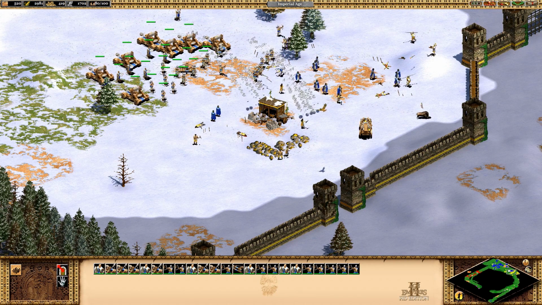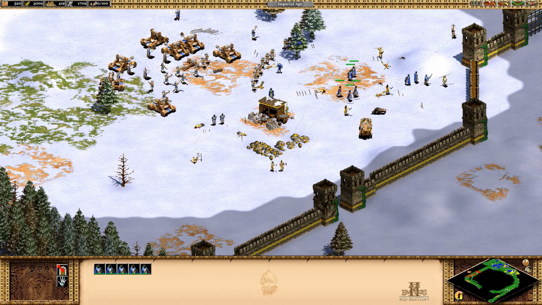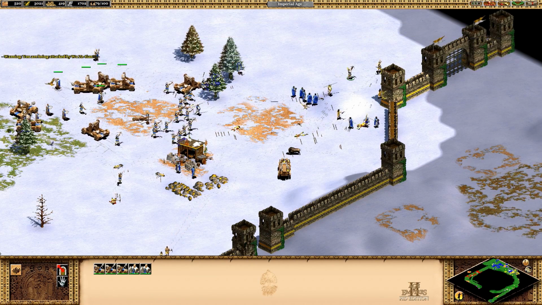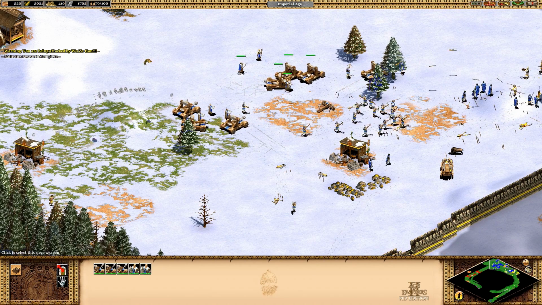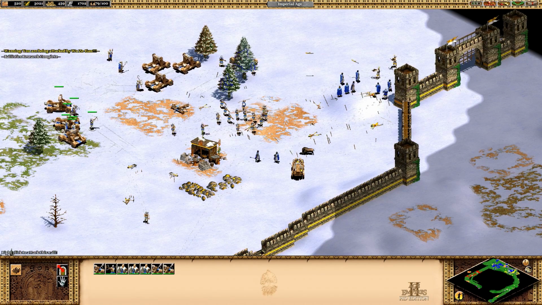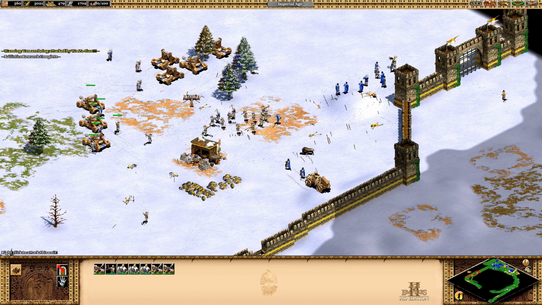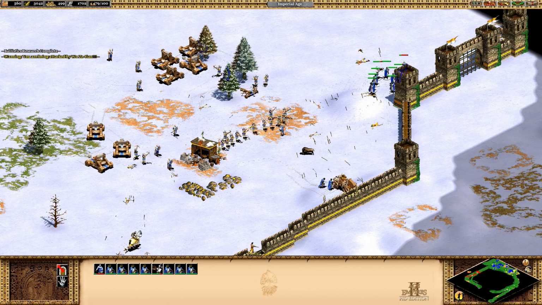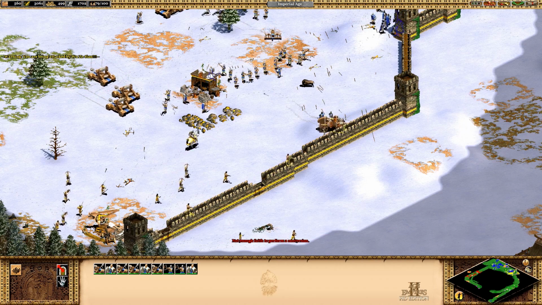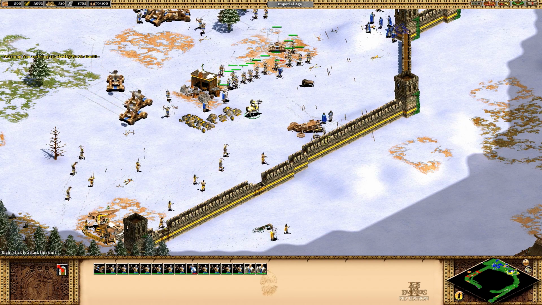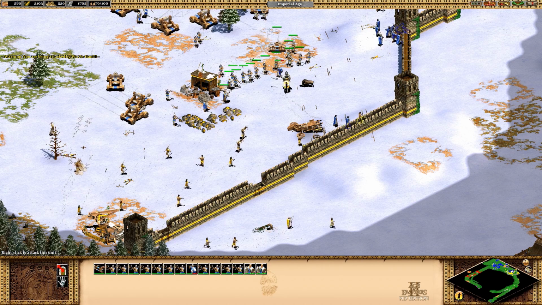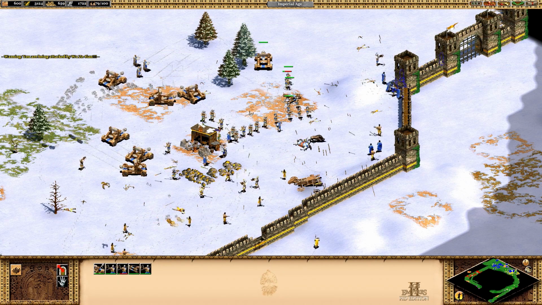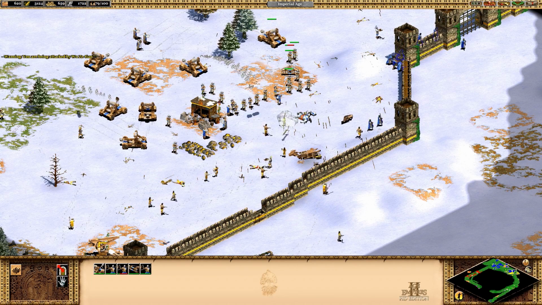One of them is skill-based, and that's a really big thing with Age of Empires. Well, with any type of RTS game, it's a skill-based system, because there's going to be people who are not very good. I'm going to admit, I'm not a very good player. I like to take the game slow, build a huge army, and go in. If you're playing competitive, these people are going to be attacking within the first 10 minutes of the game. It's going to be brutal. It's going to be quick. You're going to have to be on your toes. And so me playing against somebody like that, I'm just going to get destroyed.